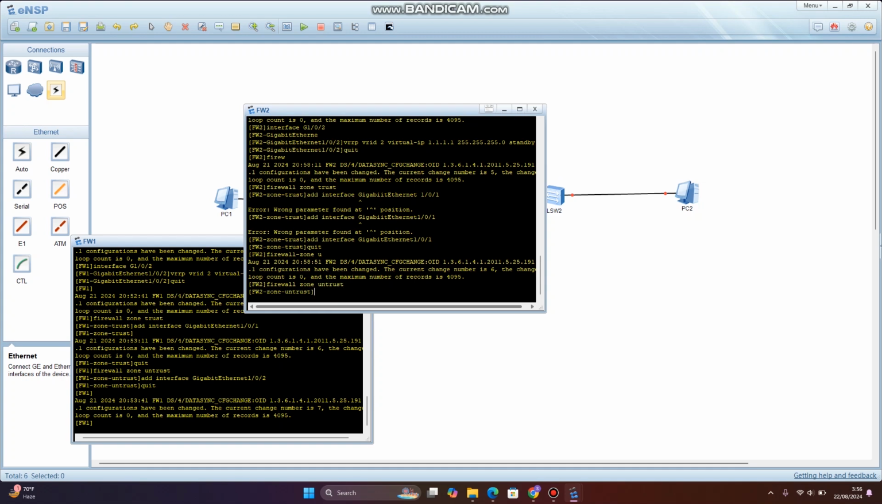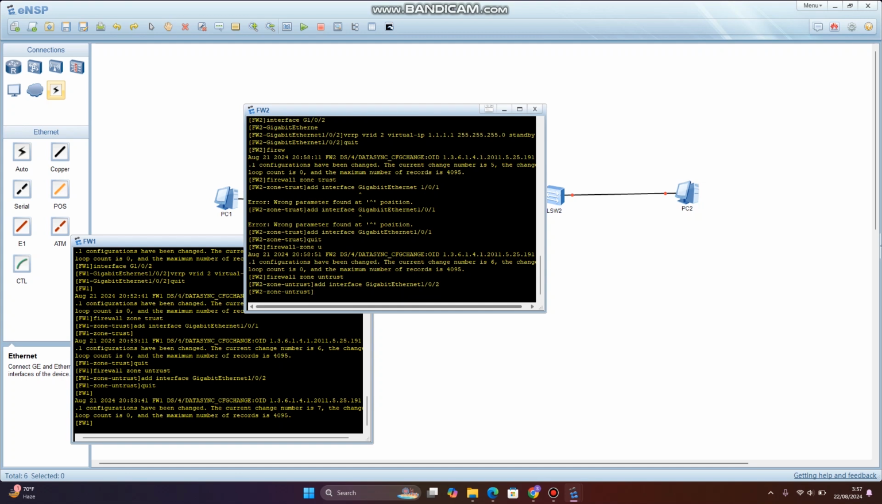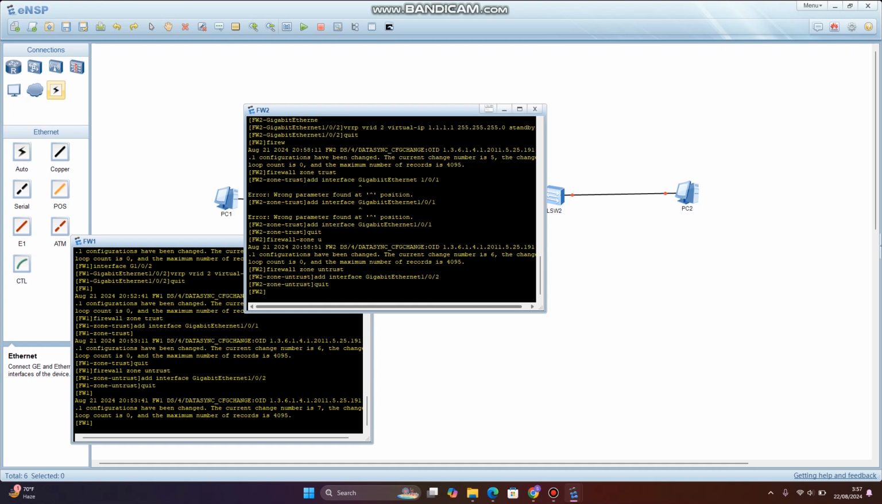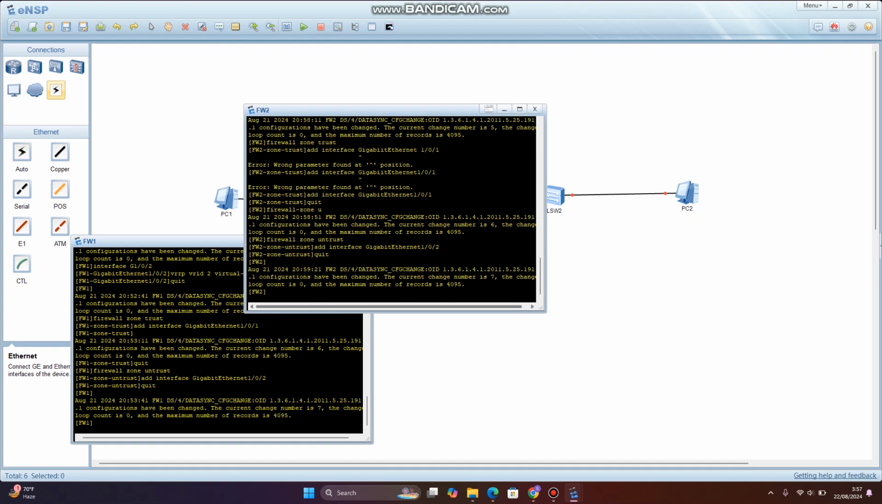And on the untrust one, we're gonna add interface GigabitEthernet 1/0/2. Okay, great, and then quit. Okay, that looks good. Now we are gonna configure an IP address for the heartbeat, and we're gonna do it